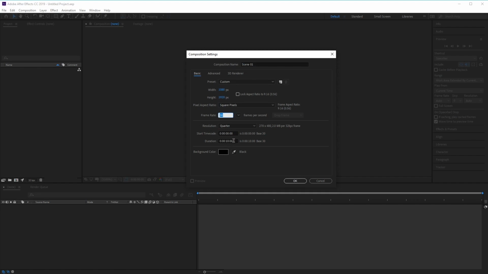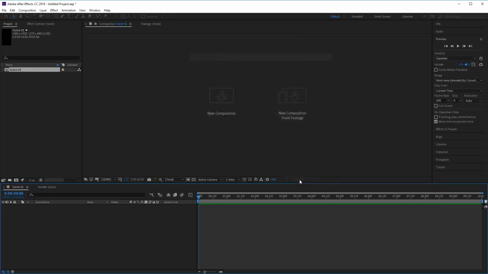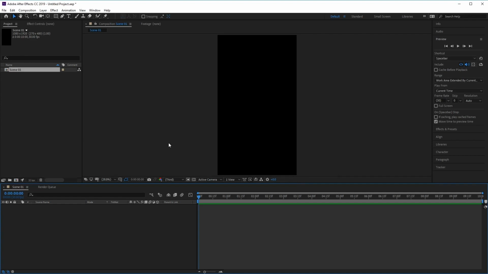But this can be changed later if we need more or less time. Once you're happy with that, click OK. And now we've created a new composition here. Now, once we've got our composition ready, let's go ahead and import the images or videos that we're going to